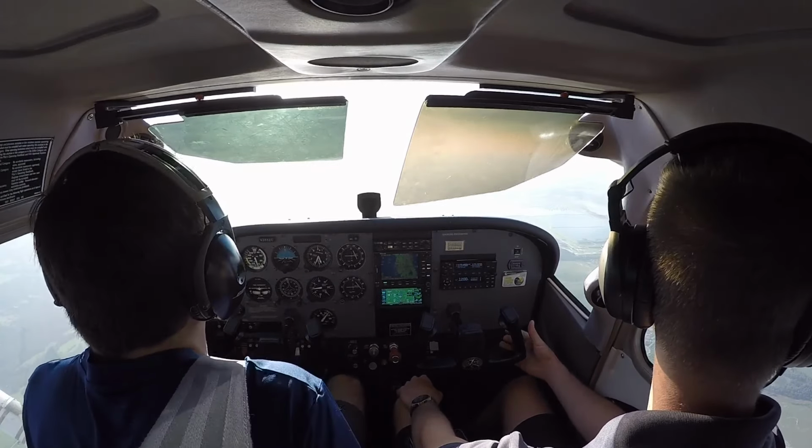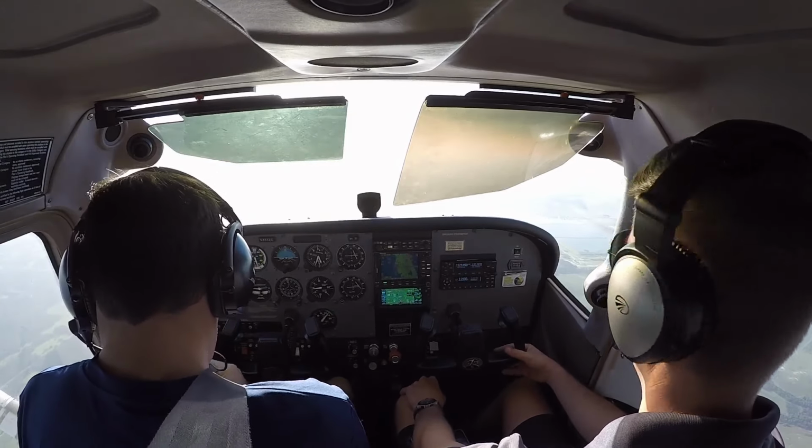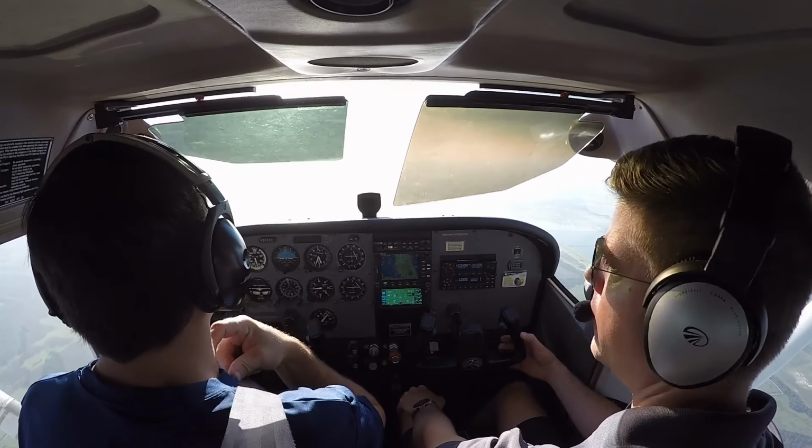Cessna 172, wind blue, 1,500 feet, northbound over the 27 and over the 26-mile bend, 1,500 feet, coming at 4,500,